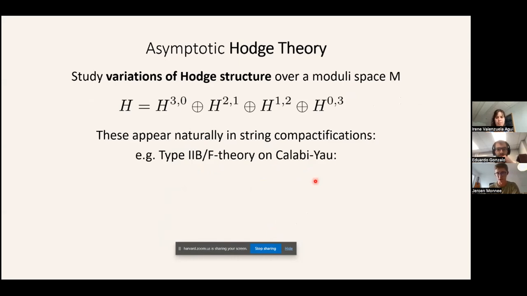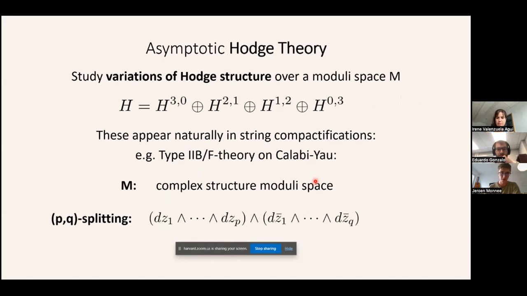F-theory on a Calabi-Yau manifold. In this case, this moduli space M is just the complex structure moduli space. And this p,q splitting is just a splitting of a harmonic form in terms of its degree (p,q). Now, the reason we care about this splitting is because it tells us a lot about the effective field theory,